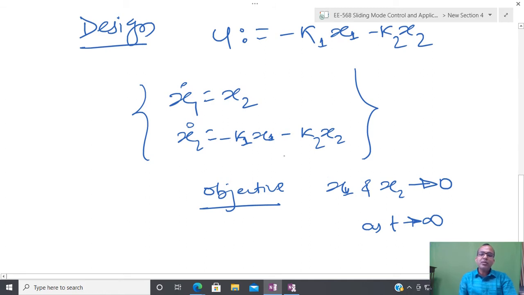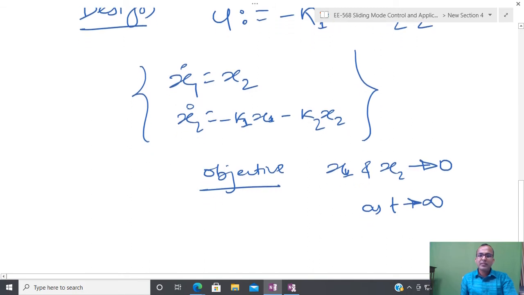Have you been able to observe this problem before or not? If that equals the form x-dot = Ax, then the lambda value will be... So K1 and K2 should be positive and such that the eigenvalues of the A matrix are real, different, and negative. In that way, I can select K1 and K2.